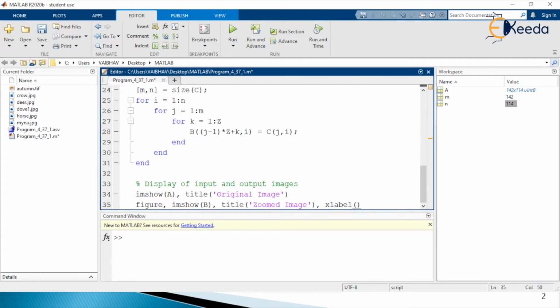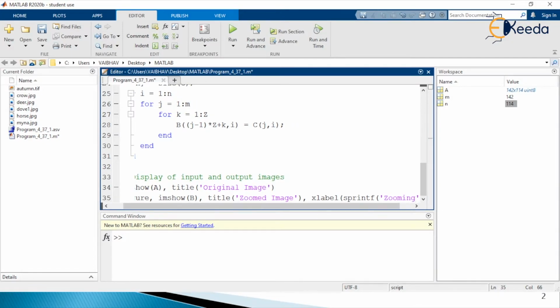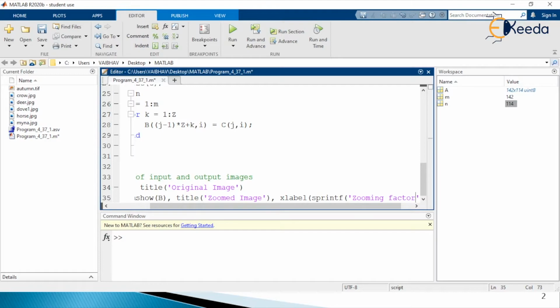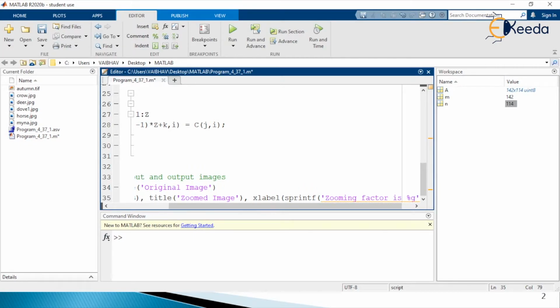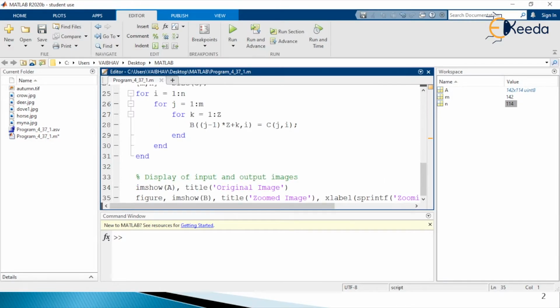Inside the parentheses, we are printing a line with the help of sprintf, and inside a pair of parentheses and single quotes we are writing the message zooming factor is percent g as the variable, and outside the single quote, comma, and Z, capital Z, the variable that holds the zooming factor we have accepted as input from the command window here.